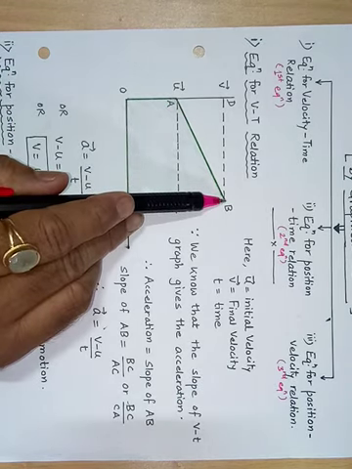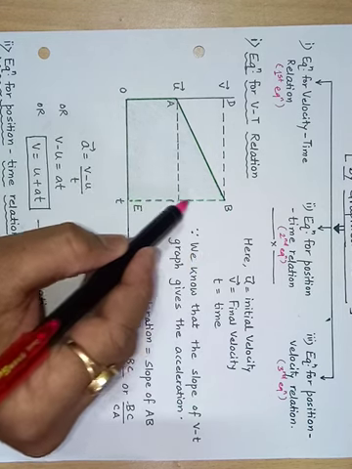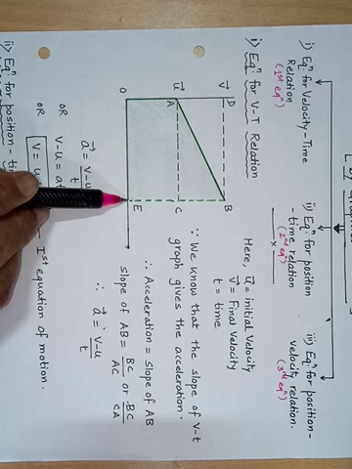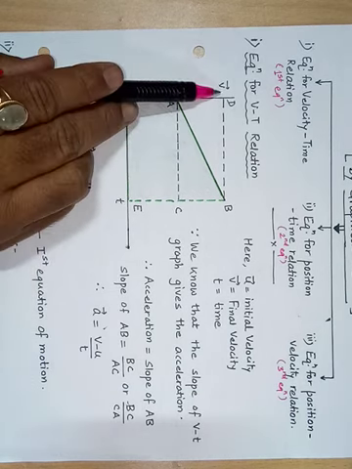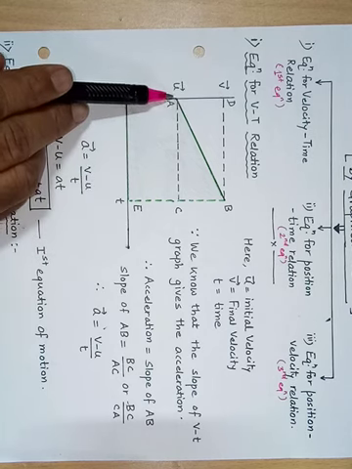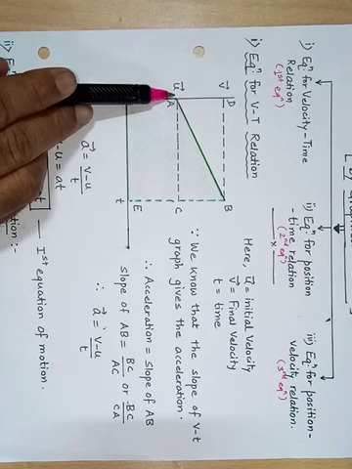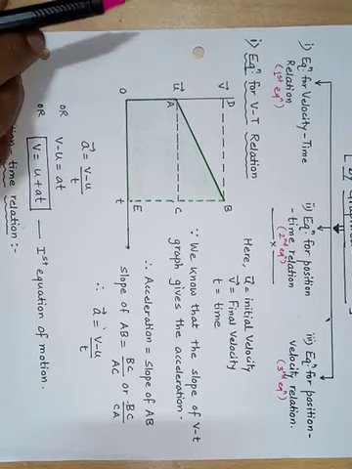So now, if u is the initial velocity of the object and v is the final velocity of the object, if I draw a perpendicular from this point B on the x-axis, it will give me this particular time, and if I draw a perpendicular on the y-axis, this particular point will give me the final velocity. The object starts from this particular point A, so the velocity at this point A will be the initial velocity u.